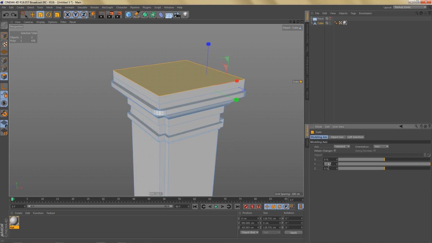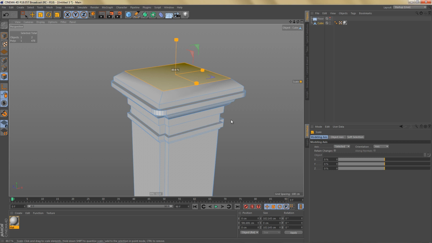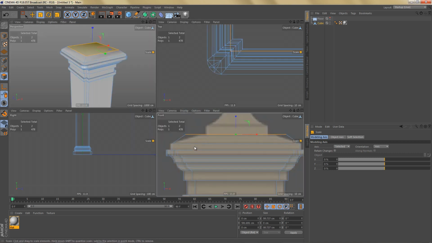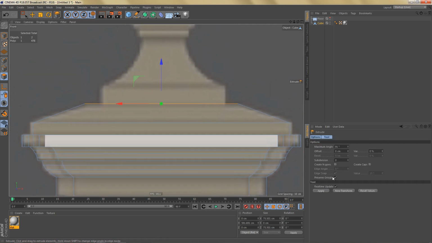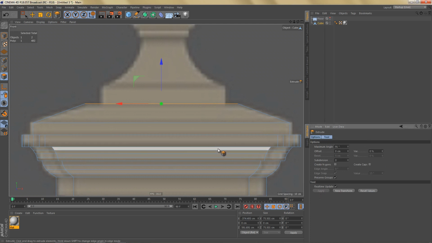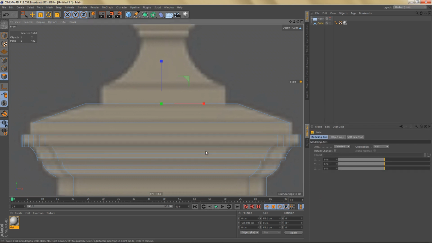Or let's move the axis back to 0. Maybe that is the problem, and you can see now everything's working as it should. So let's scale this down. I'm going to extrude with an offset of 0, scale that polygon down, quick extrude it up,